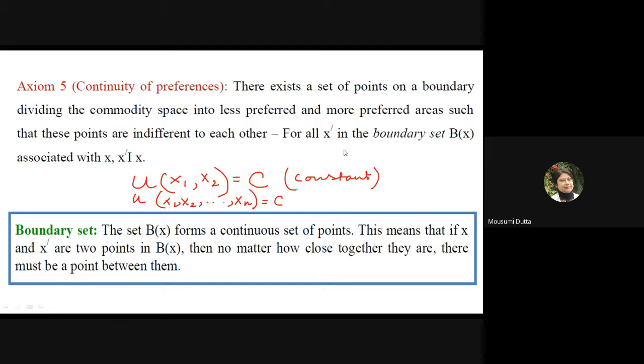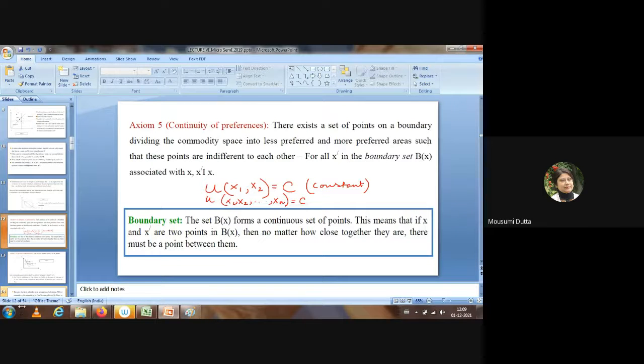For all x prime in the boundary set B of x associated with x, we should have x prime I x. X prime is indifferent with x. So what I am telling is that